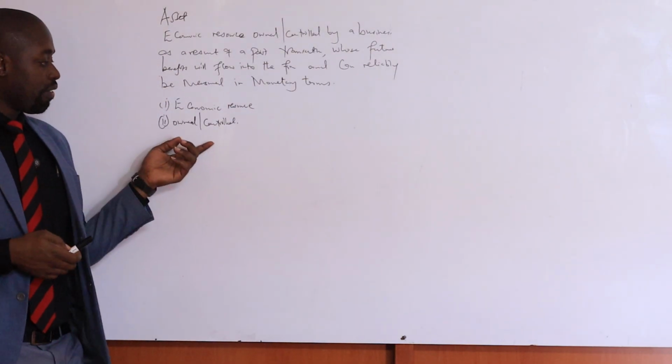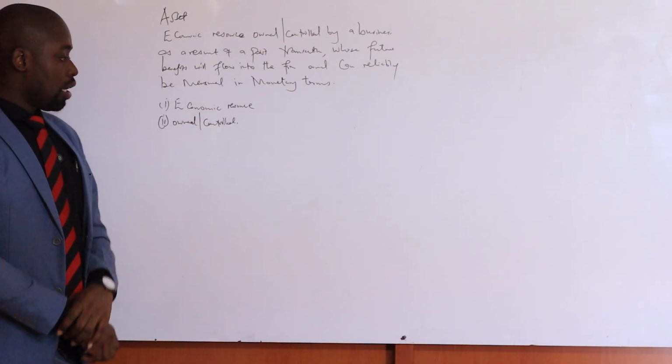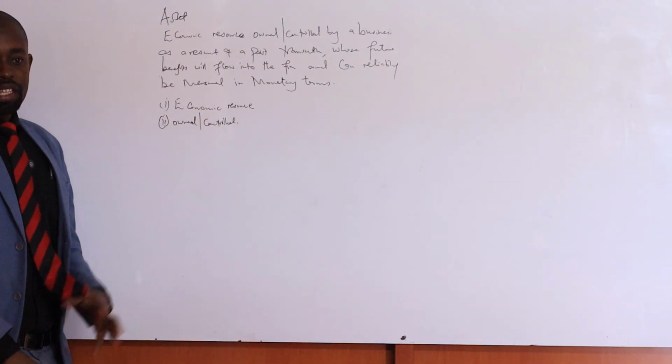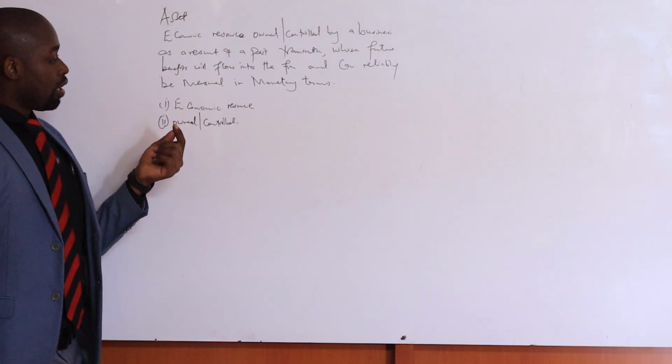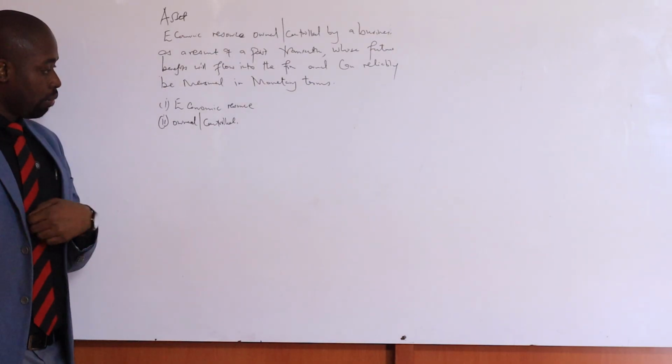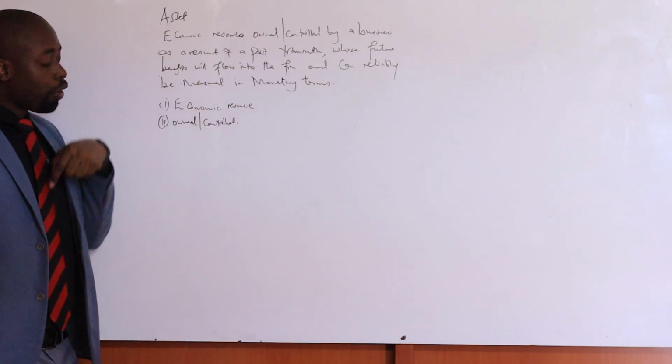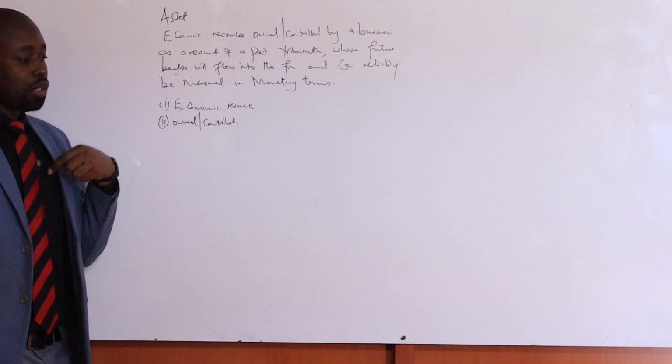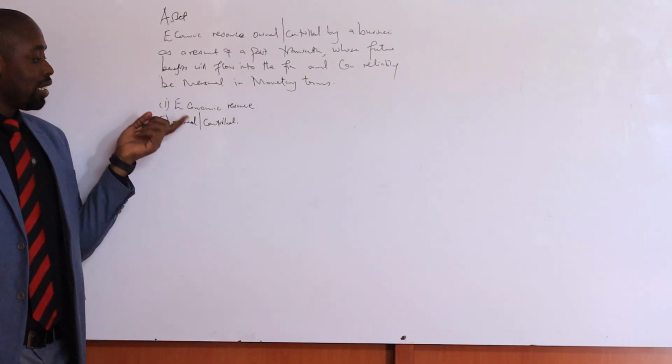Like somebody has been given land through inheritance by the parents, and the transfer has been done from the parent to his name or her name. Because the title deed bears their name, they are said to be the